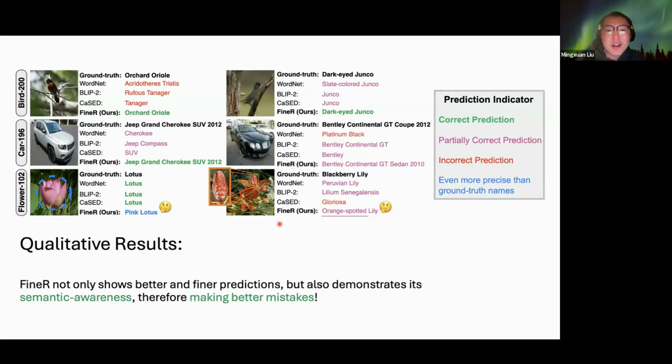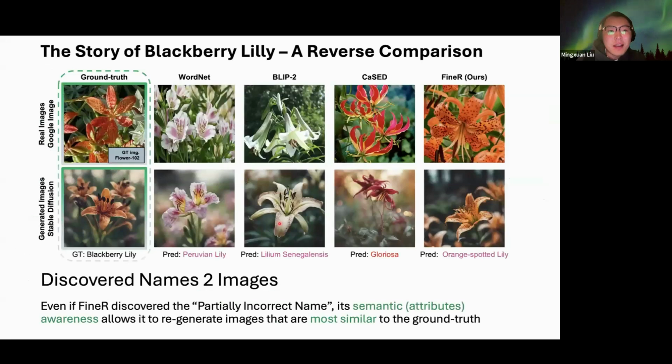the LLM actually told us a fabricated name based on the description. And if we think about this, it means that the system is able to make a better mistake by using these attributes. And this observation is actually more significant if we do a reverse comparison. So we use the reason and classified name of our system to generate the images by using Stable Diffusion and Google Image Search API. So when we search the blackberry lily with our wrongly recognized name orange spotted lily and compare